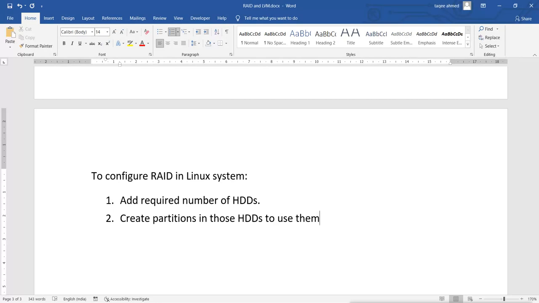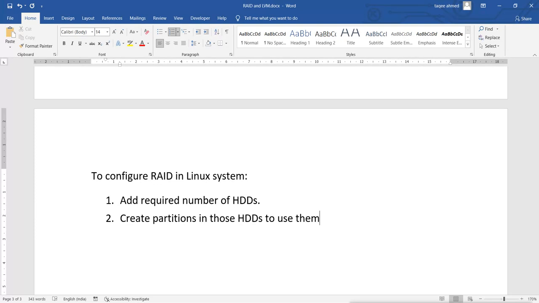Now remember, when you create the partitions, there is a drawback in the RAID. It supports a single size for all disks. That means it supports the same type of disk. Like if you are using SATA, all the disks should be SATA, not IDE, not the other type, not SSD, and it also requires the size of the partitions or the disks to be equal.